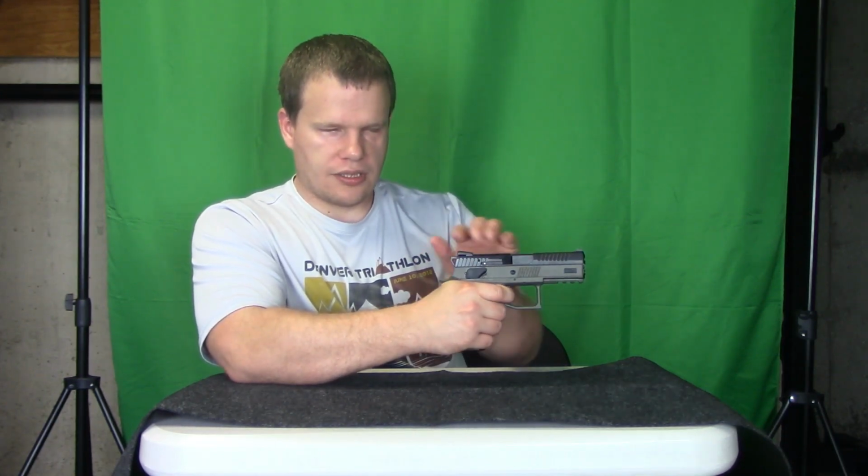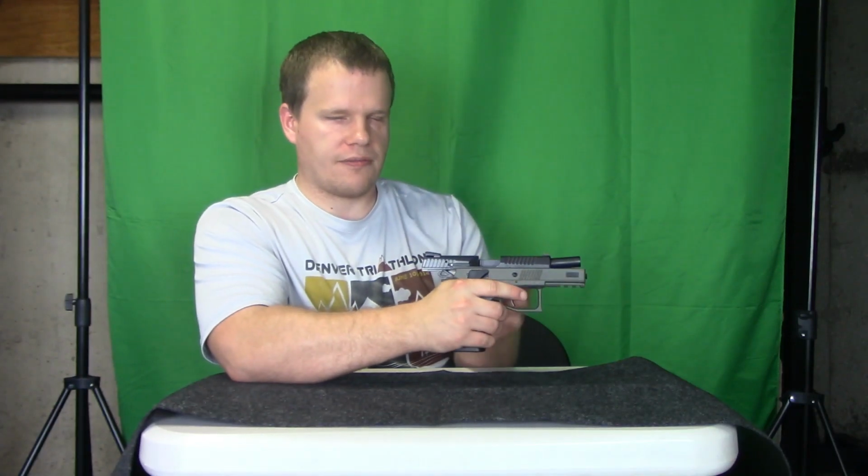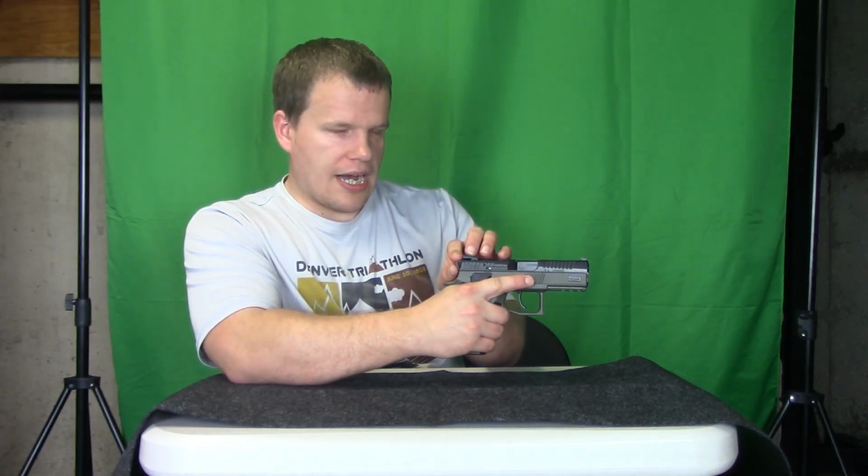So this gun is called a double action. And if the slide is racked, if there's ammunition in here, single action. Double action, single action pistol in 9mm. I wanted a gun with a hammer. You can find guns that don't have hammers, and we can go into that in a future video. But I wanted a gun with a hammer so I can tactilely tell what is going on in the back